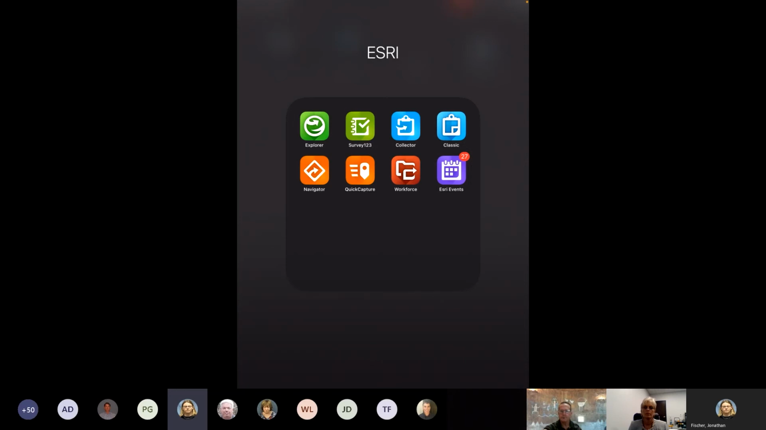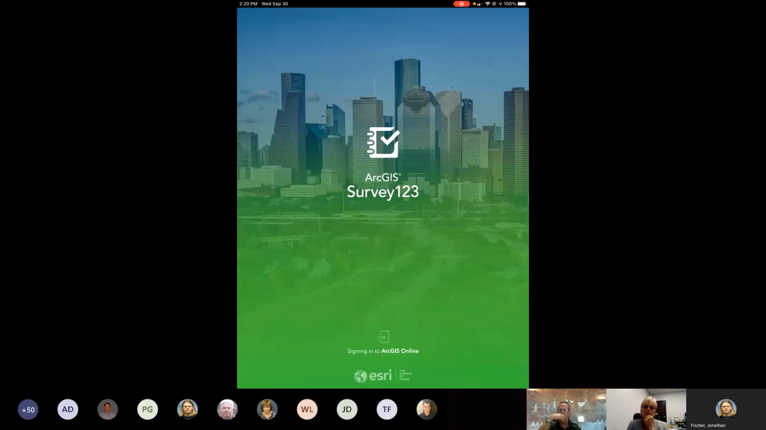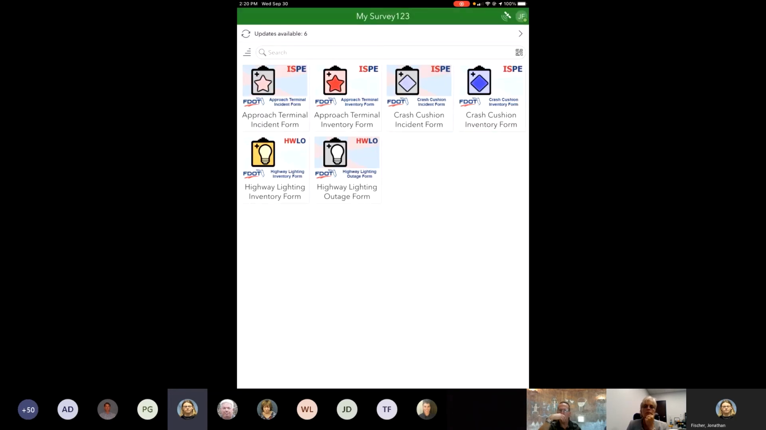So to start off, I'm going to pull up the Survey123 app. I'm going to show off how you can download the forms, how you can update the forms. So you'll see on my screen here, I have 6 surveys downloaded. I have 6 updates available. If I did not have the highway lighting forms, the 2 on the bottom, we have the inventory and the outage form. My user initials in the upper right corner, it says JF and there's a green dot next to